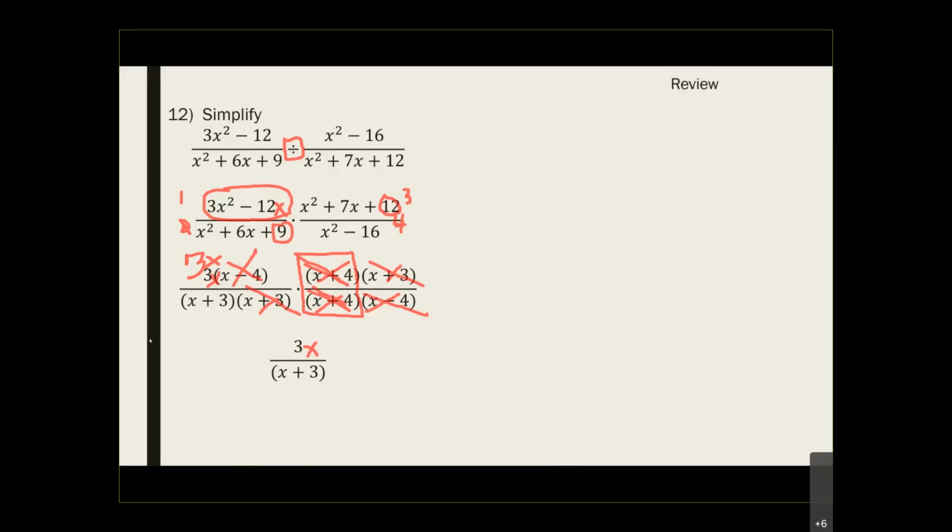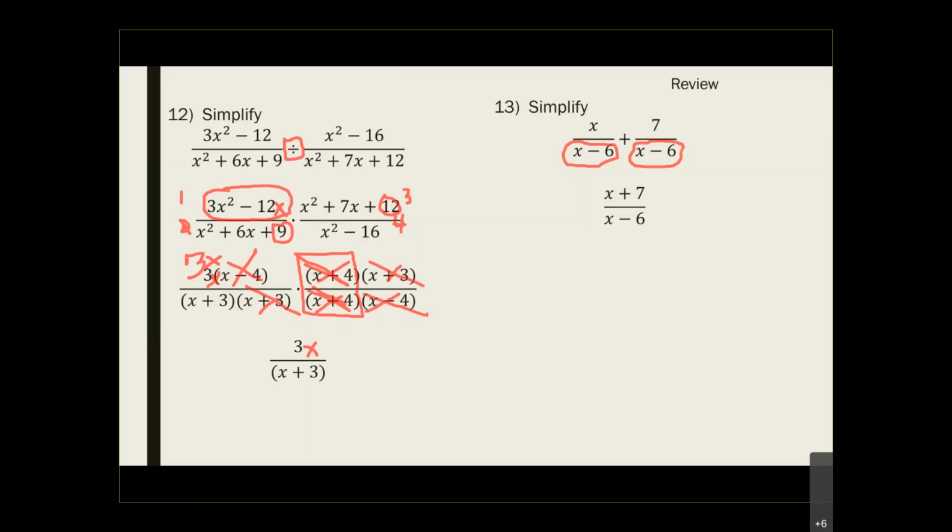So once you have this thing here, question 12. Well, 13, we move to, instead of division, we have addition. So what is the difference? Well, remember, addition or subtraction, a reminder that your denominators have to be exactly the same. So once they are the same, which is in this case, they are the same, what do we need to do? Well, all we need to do is combine the tops and keep the bottom,